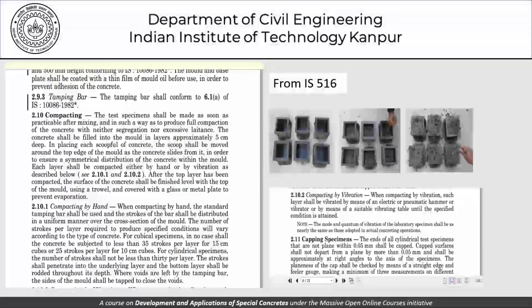Now, this is an example from IS 516, which gives you in great detail what kind of a tamping rod should be used, how the compaction should be carried out, if it is being carried out by hand, if it is being carried out by a vibrator, how the specimens should be capped. So there is a huge amount of detail given here: 35 strokes per layer for 15 centimeter and 25 strokes per layer for 10 centimeter cubes. These are the kind of details which are laid down as far as preparation of the specimen is concerned